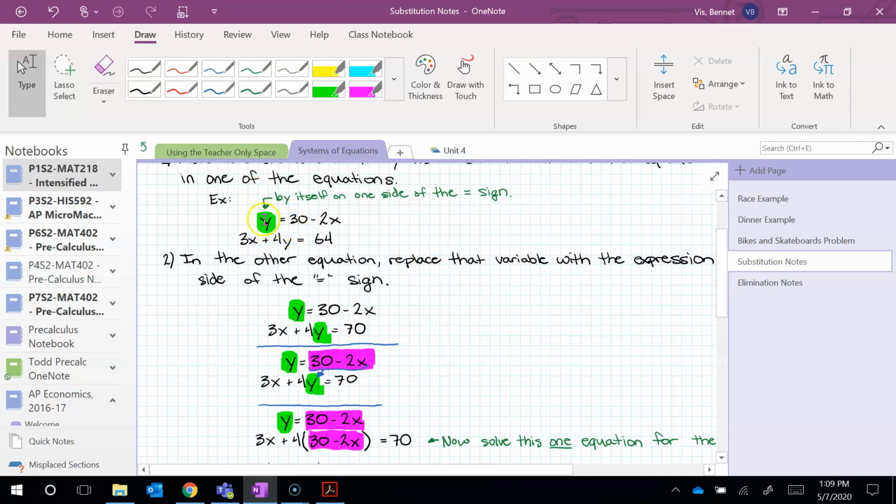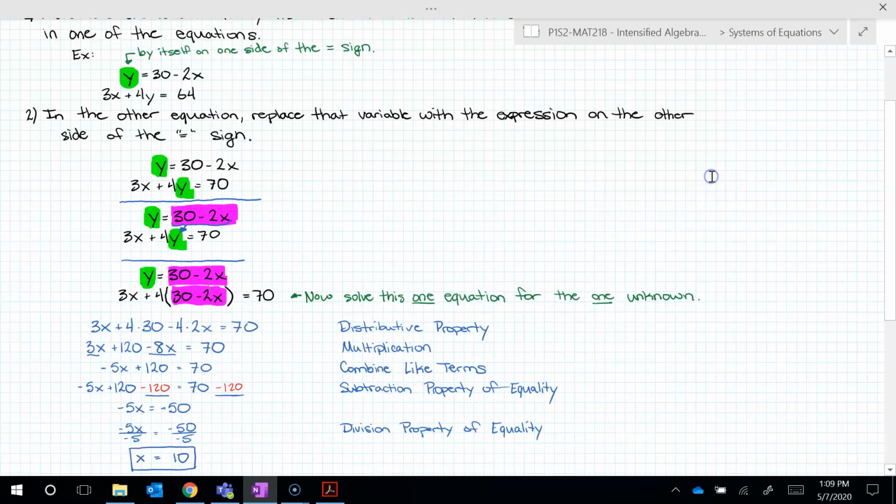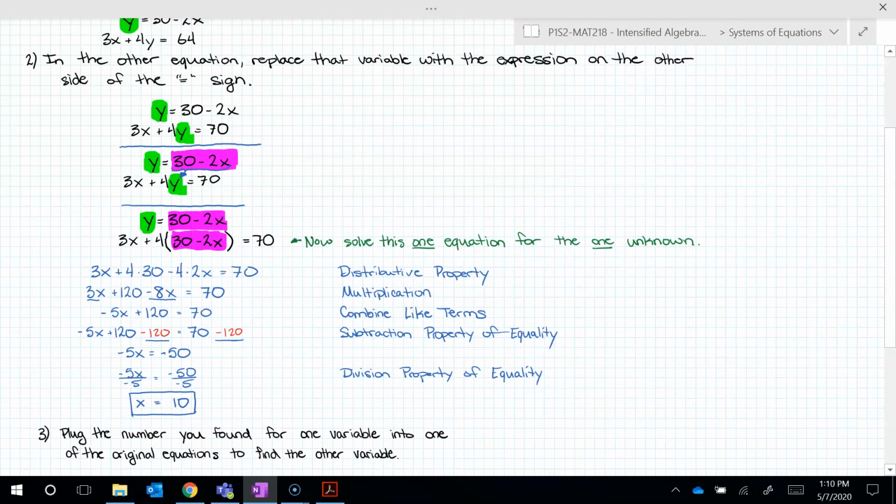So I have here the y by itself. The second step is that in the other equation, the second equation here, replace that variable. So I'm going to find y in the second equation, and I'm going to replace it with whatever was on the other side of the equal sign. This is an expression, 30 minus 2x. Since y is equal to that, they are the same thing. Where I see y here, I can take the thing that y is equal to and replace that y with it. So in that second equation, I had 3x plus 4y